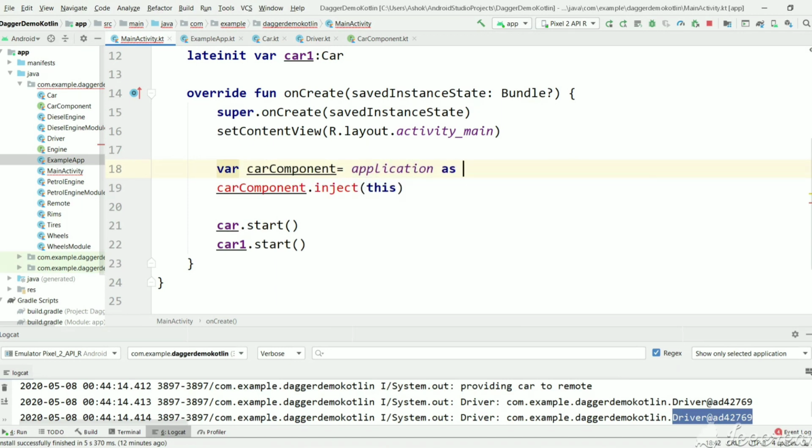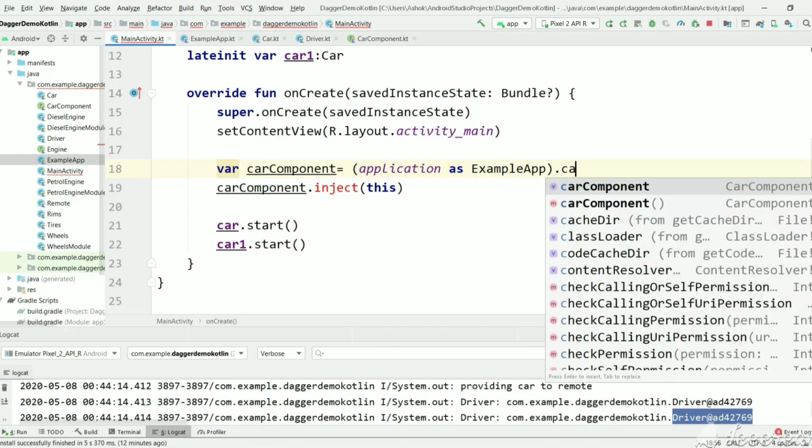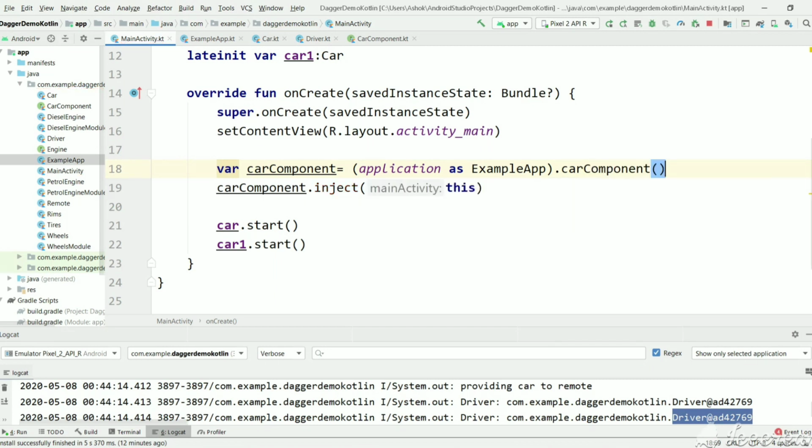We can cast it as ExampleApp so that we can use the method we have declared in ExampleApp to get the car component. So this method returns a car component, and this step is the same as before: car component, inject this, and we will call car.start and car1.start.